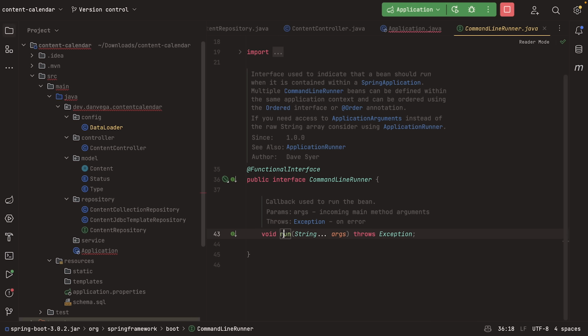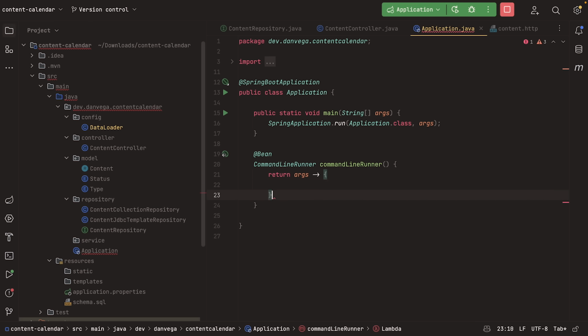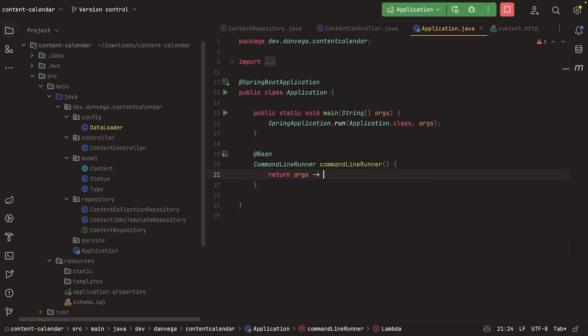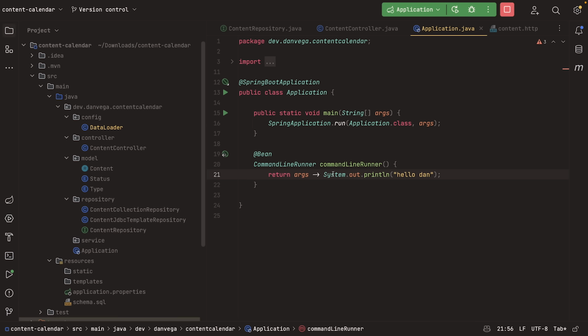Now this particular run method takes a varargs of strings called args. So I can say args, and here's our lambda expression. Or in this case, I don't even need that if I just wanted to say hello, Dan. Right? So let's go ahead and run that. And there's hello, Dan. So this is a great place to do some bootstrapping, is what I am trying to get to. So we can go ahead and insert some data